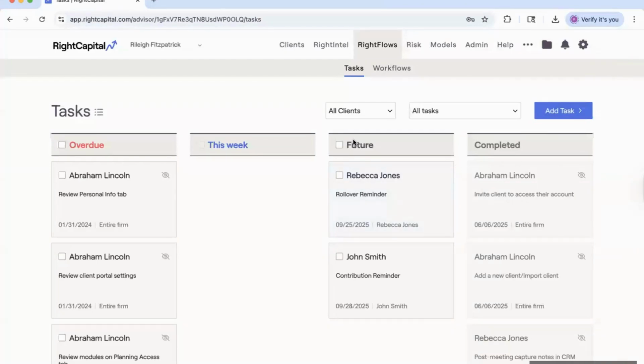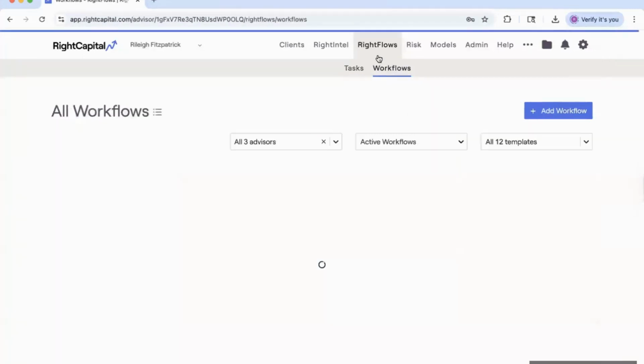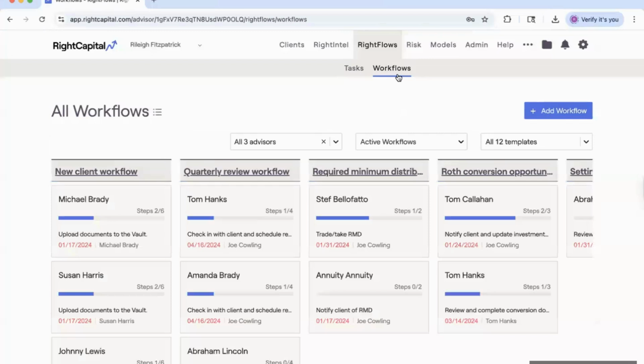So on top of tasks, we have workflows, which is our RightFlows workflow. It's really a workflow management tool that's driven by tasks that automatically push clients into the next step of the workflow based on when the task ends, or when they finish the task, I should say. So here I just want to walk through a couple examples. Again, RightFlows is available on the platinum level, and this is just a foundation using tasks,